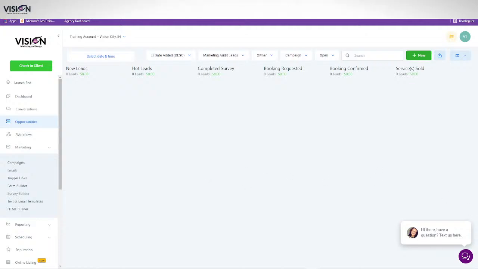Linus says, we'd love to see how we can add clients, and do they get their own login? How many clients can we add with the $47 plan? Linus, you only get one account, okay? So you can't add clients to the $47 plan. If you want to be able to add clients and do the sub accounts, you need to get the $297 plan that has the unlimited sub accounts that go with it.